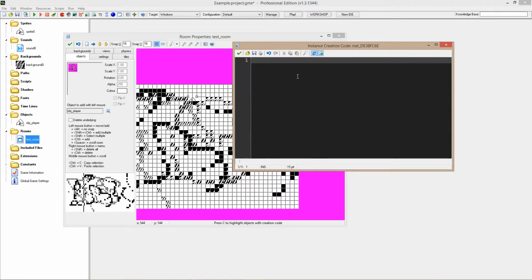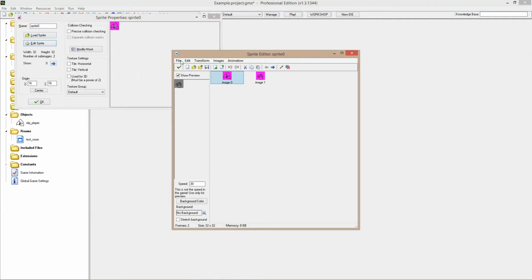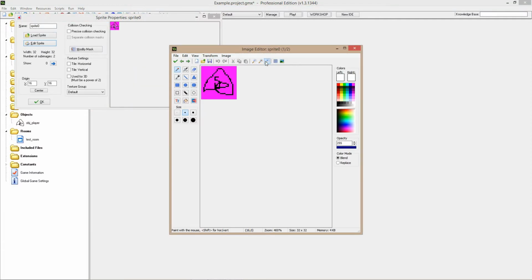That's another code segment. So you can say individually for each object, even if they're of the same type, you can say image blend is c_red. This is just some code making the color of the sprite. It will colorize the sprite you have, so it becomes this color. It will actually not show because we have black. Black cannot be mixed with any color to make another color because it's black. But if we make a